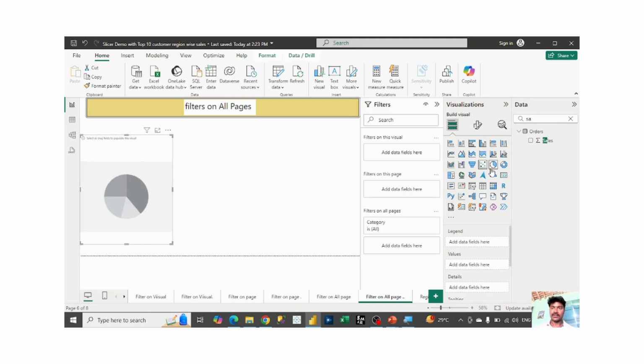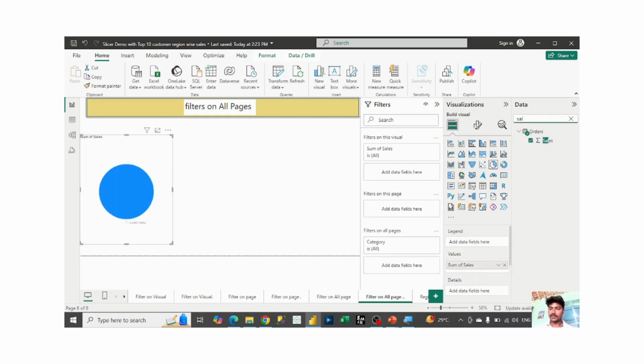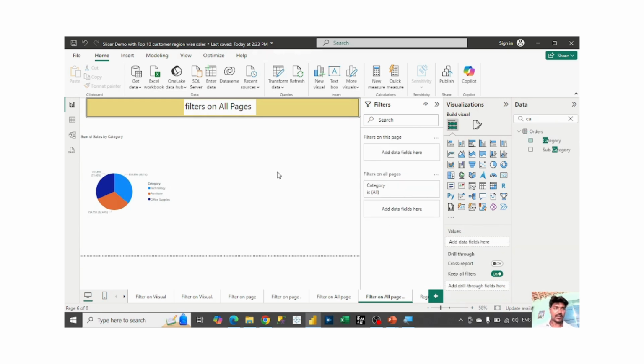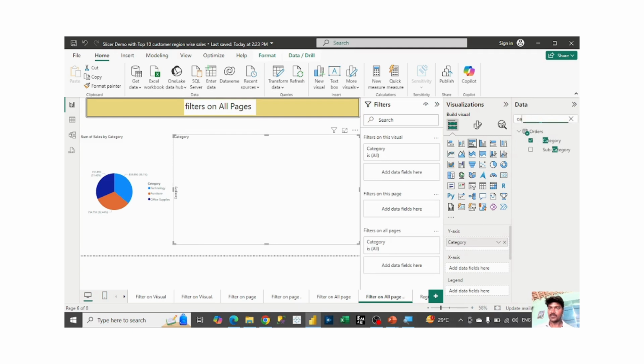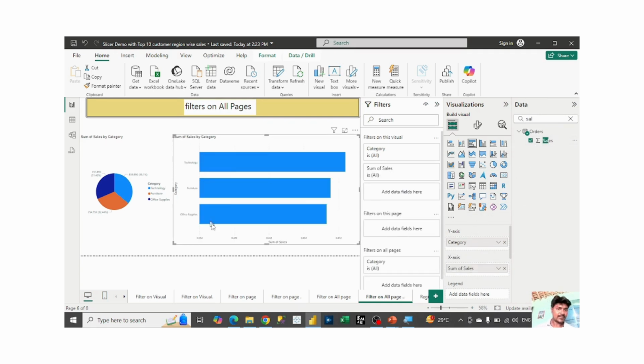I'm going to create, suppose, sales, drag into the value, and categories, drag into the legend. Okay, now these are my cluster bar chart, and categories drag into the y-axis, and sales drag into the x-axis. So okay,